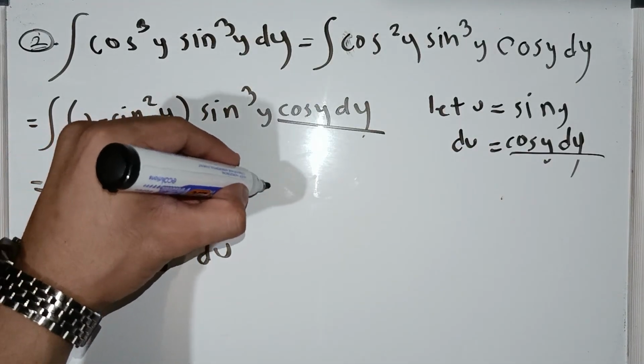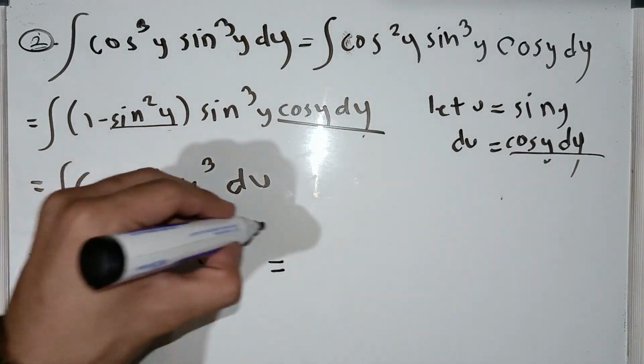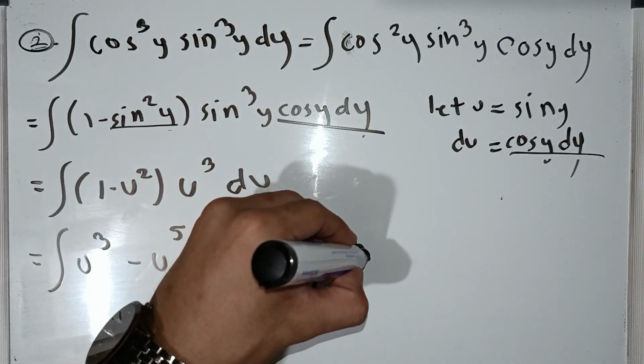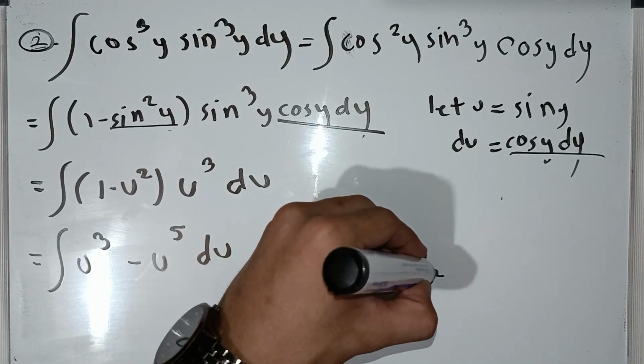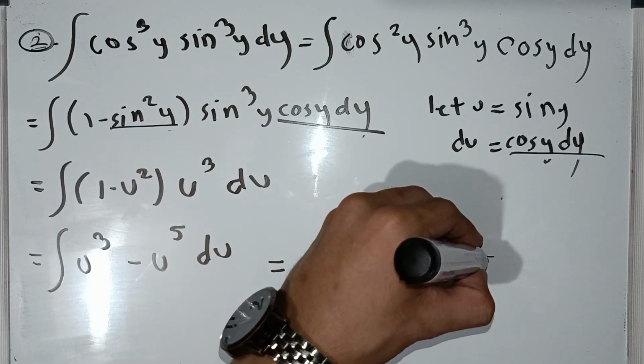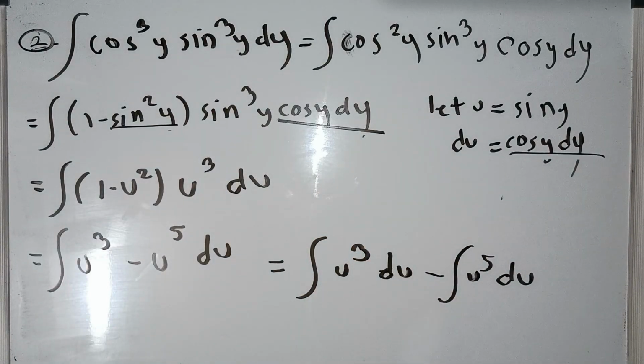Breaking this down, we now have the integral of u cube du minus the integral of u raised to 5 du, and integrating this,